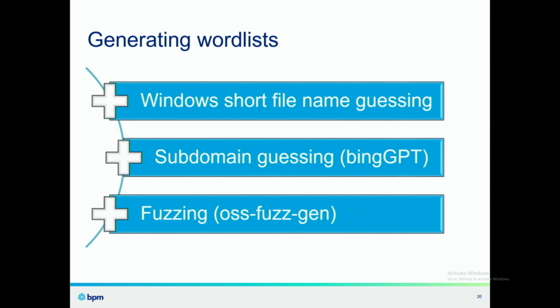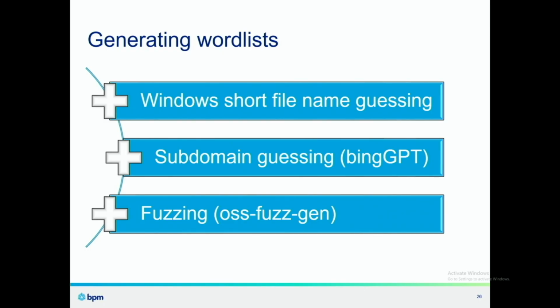if you're familiar, you can request them and say, hey, do you have any files in this directory that start with these 3 characters and have an extension with these 3 characters? And if there is a file in that directory, the Windows server will tell you yes. It won't tell you the full name of that, but it will start to give you a place that you can start guessing for. This is a really cool topic. If you want to read more, Google Short Scan is the tool, and there's some great conference talks from the